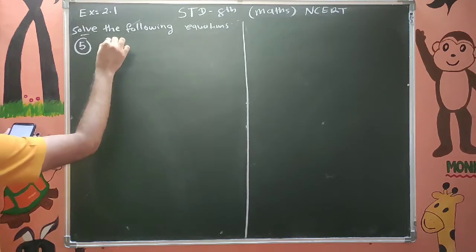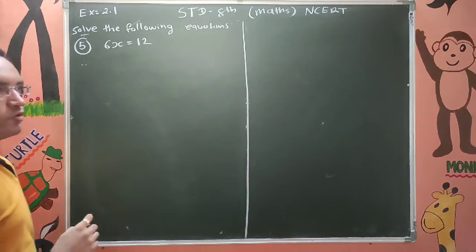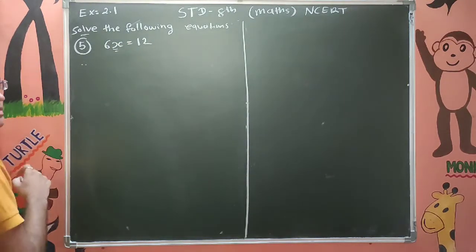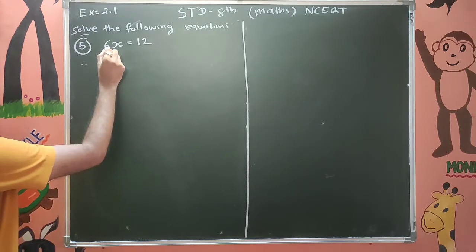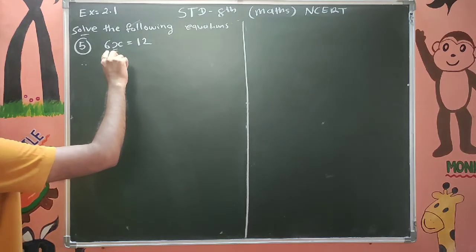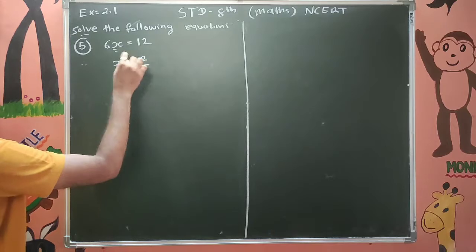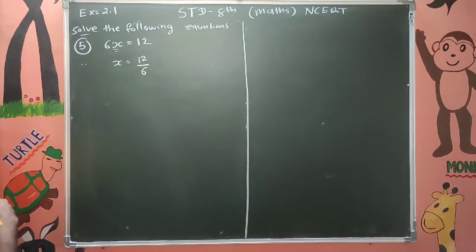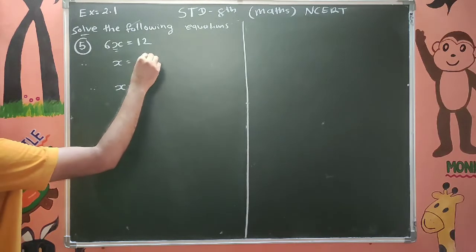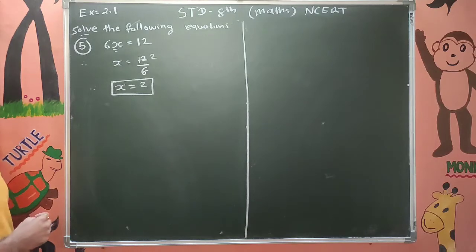In the fifth, we are given 6x. What is our question? Find the value of x for which the given equation is satisfied. Here you can see that the 6 is in multiplication with this x. So if the number is in multiplication and we keep that number on the right hand side, it will go into division. So x equal to 12, this 6 comes into division, 12 divided by 6. Therefore, x equal to, now cutting 6 to the, therefore, the solution of the equation is x equal to 2.